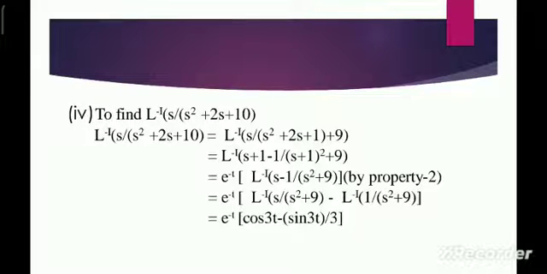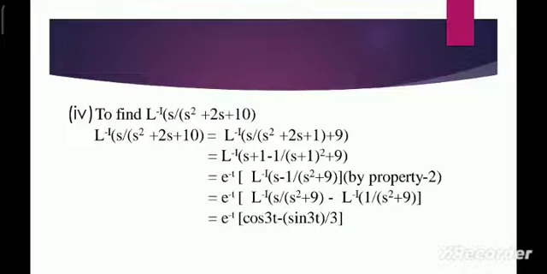So in the numerator also I want the s plus 1 format. For that I'm just adding and subtracting 1 here. Therefore we have L inverse of (s plus 1 minus 1) divided by (s plus 1) the whole square plus 9. Again by using property 2, s plus 1 is reduced to s by taking e power minus t common. Hence the above equation becomes e power minus t into L inverse of s minus 1 by s